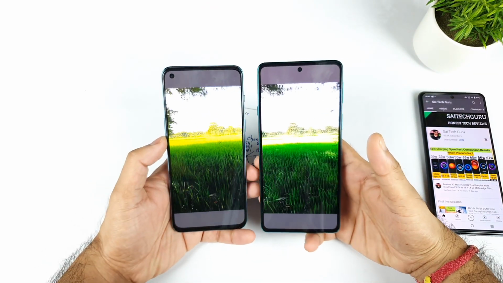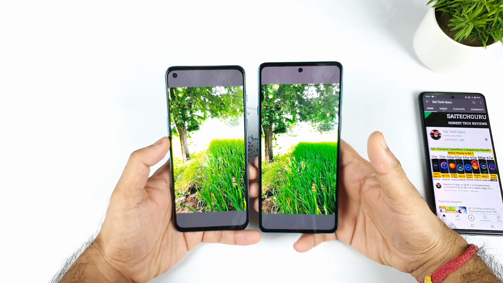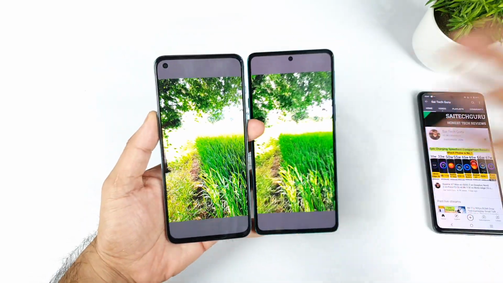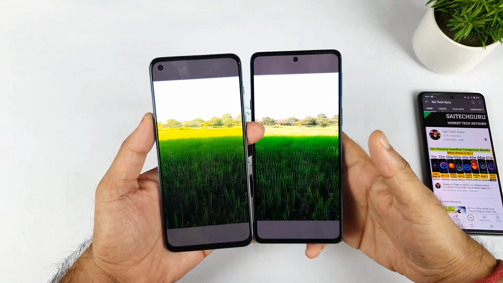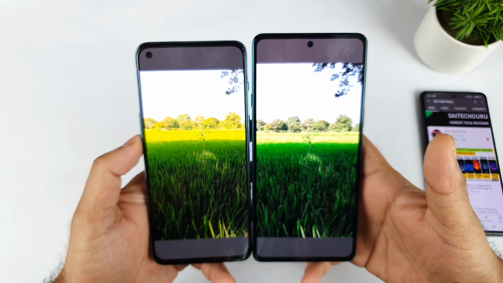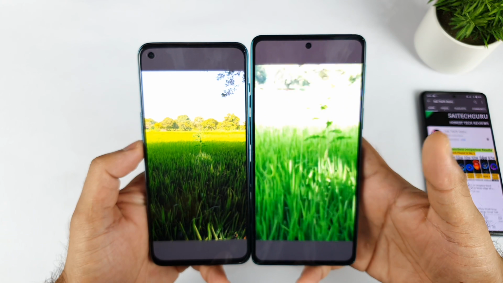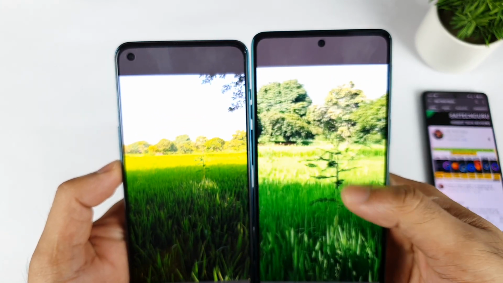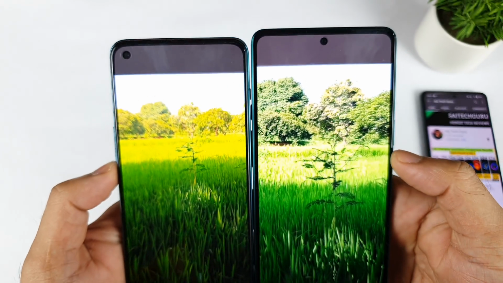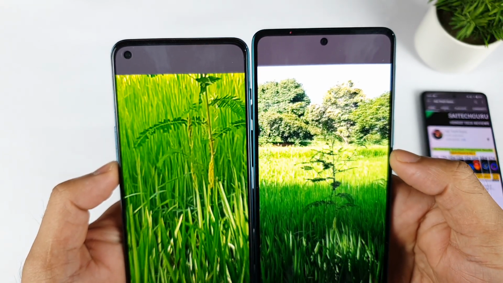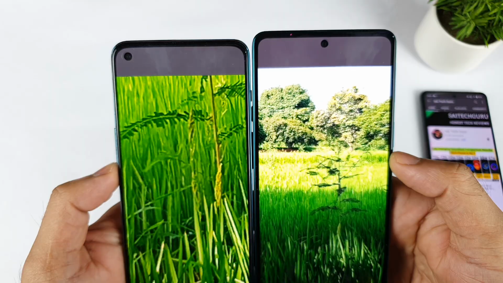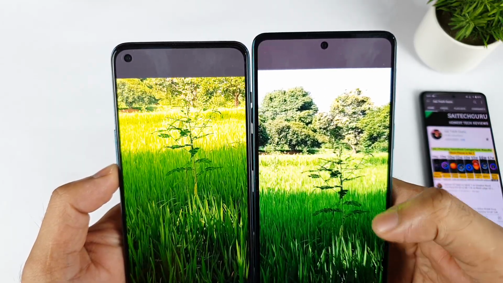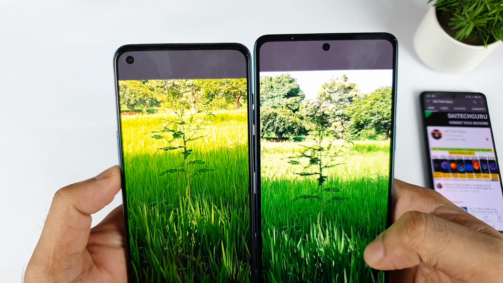So in terms of clarity and everything, both are really good in terms of the colors. I used full brightness at this moment, so you'll be able to see exactly what is happening between both phones. Same time recording both devices, you can see a slightly greenish color in the Moto H20. When I zoom into the subject, you can clearly see the details a little bit. In the OnePlus Nord 2, it's not that detailed. But in the Moto H20, even when you zoom into the object, you can see a little bit of clarity.